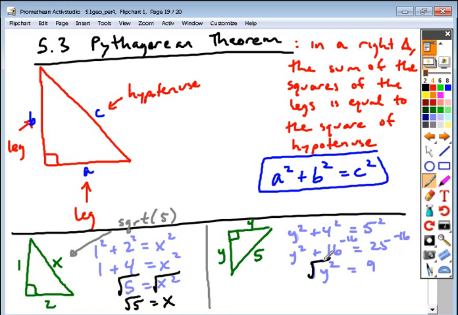If we extract the square root, again, algebraically you test the positive and negative root. Here, because we're dealing with lengths, a negative root is not going to work, so it's just the positive root. The square root of 9 is 3. Okay, so you wind up with your answer of 3. Okay, now,